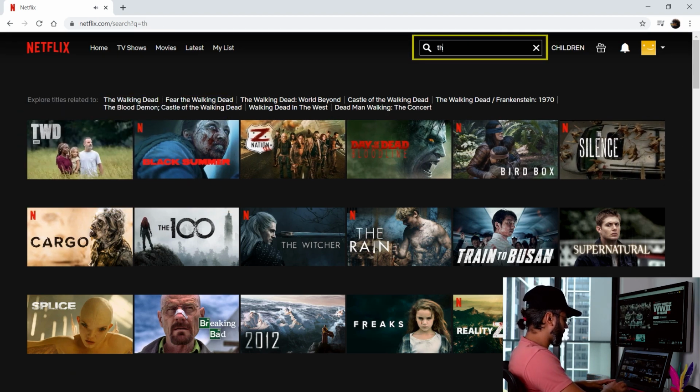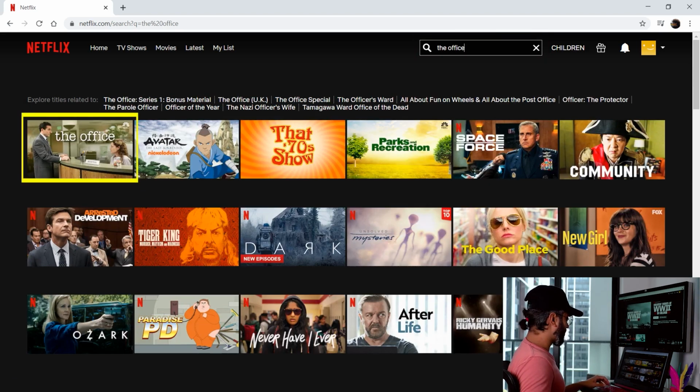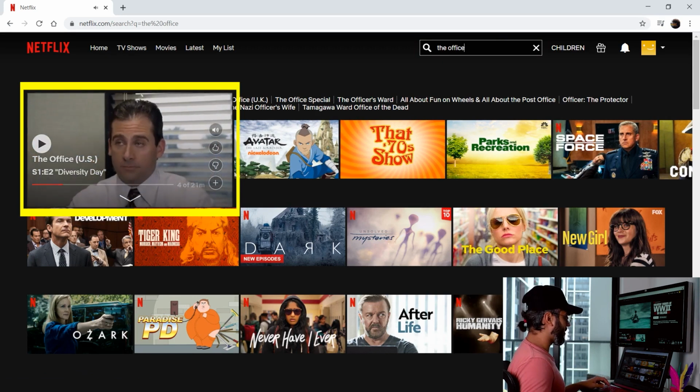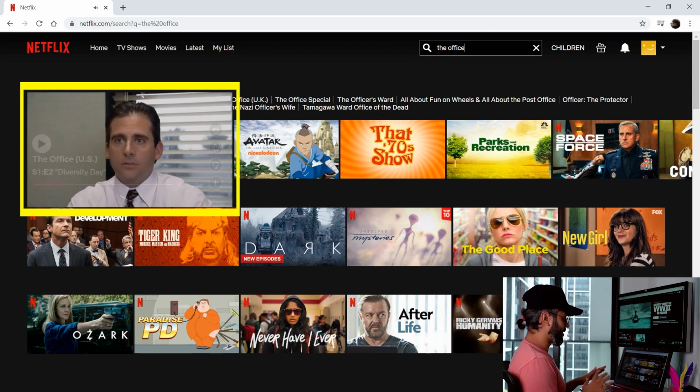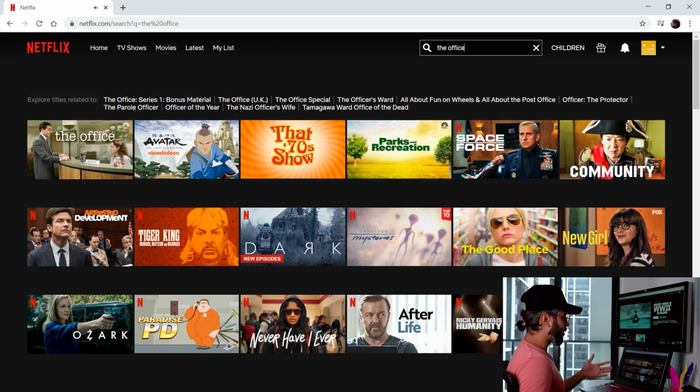Let me also show you the other one, The Office. Let's see if that comes up. There you go. It was very quick. So that's exactly how it works. Not just on your computer, be it any device that you have, the NordVPN app just works flawlessly for all the devices. And once you buy a subscription, you can run it on a couple of devices simultaneously, so you don't have to buy an individual subscription for each individual device.